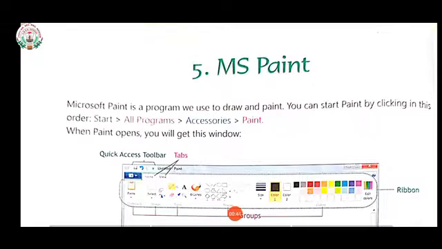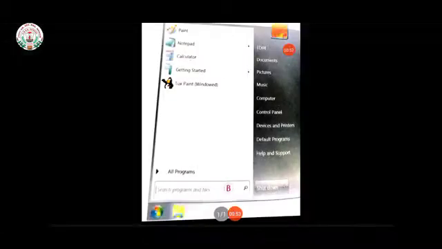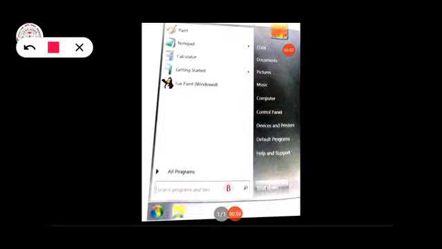Now to start MS Paint, first you have to click on the start button.